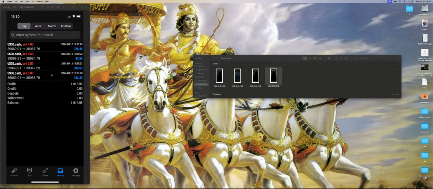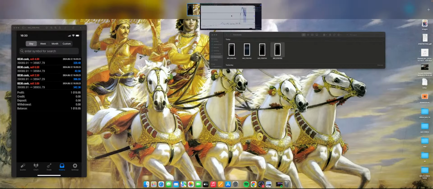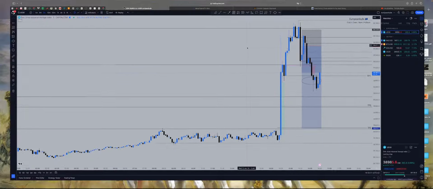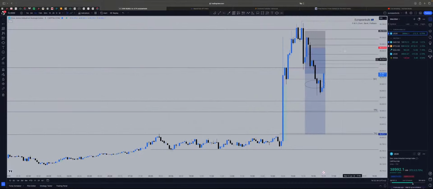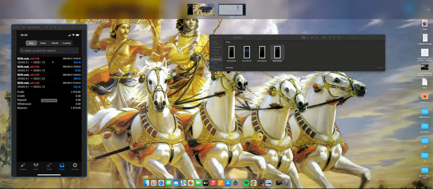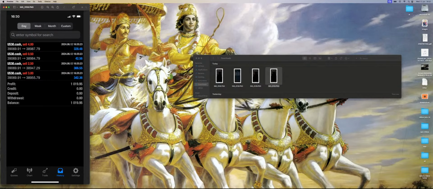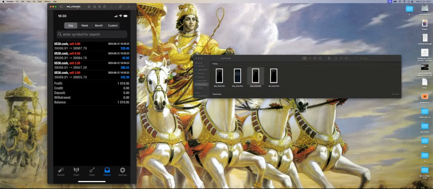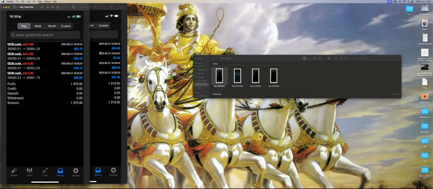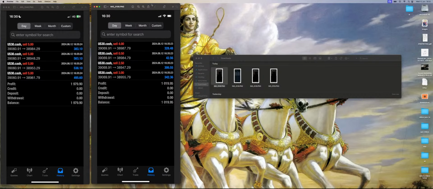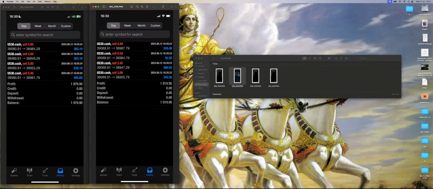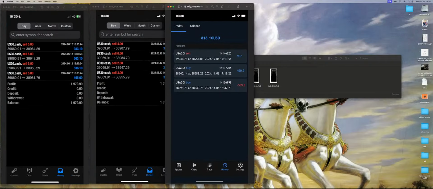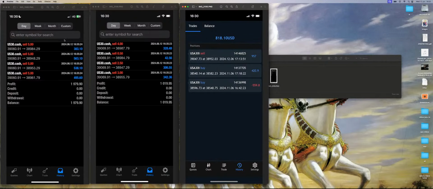So this is the trade of my account. Let me see where the price is right now. This is the reason I just don't want to hold it forever. It's US30. You can see here I have taken this trade on my account, and this one on my other account, and this one on my other account. So here are the three trades that you can see.